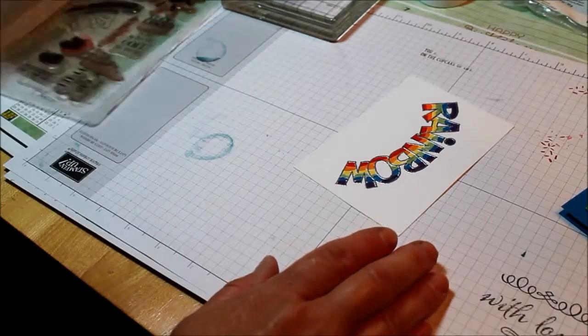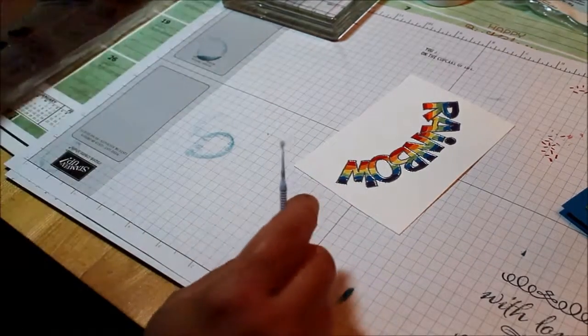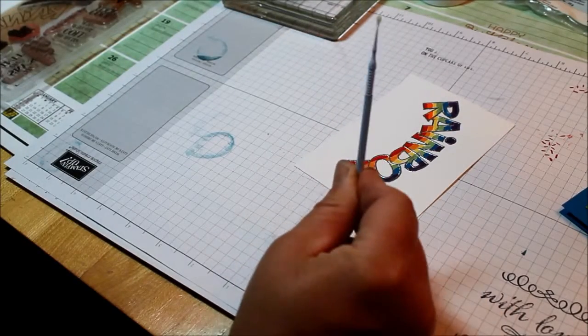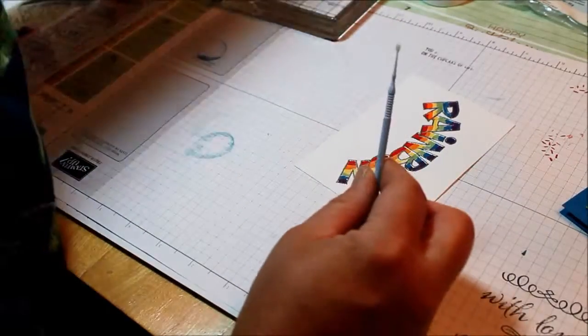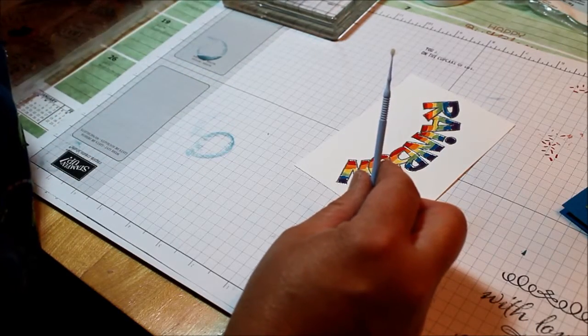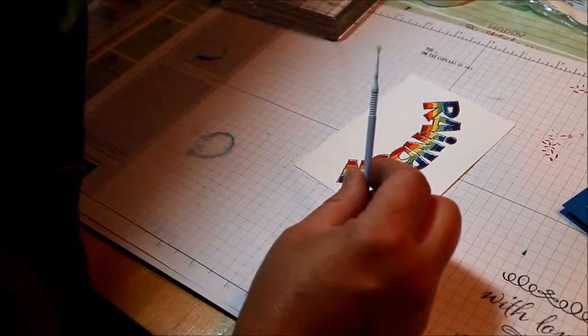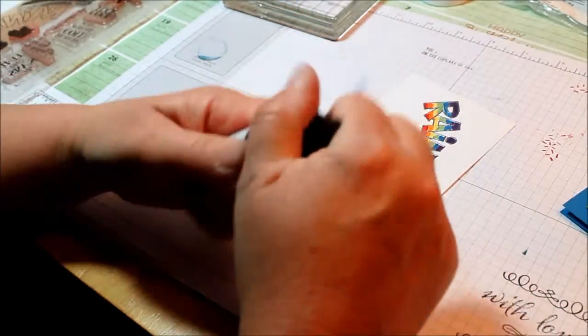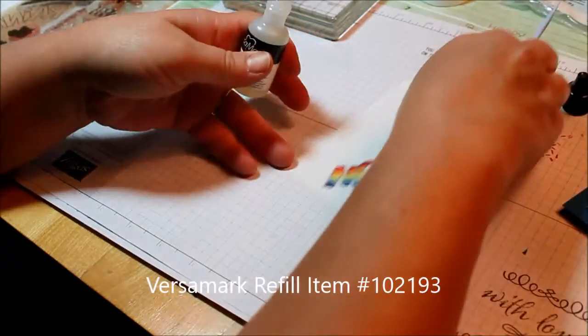Okay, once we have all of this done, a real fine paintbrush works good, or a little, I'm not even sure what these are called, I picked them up somewhere. Just something that you can spread the ink with. And I'm just taking my Versamark refill,